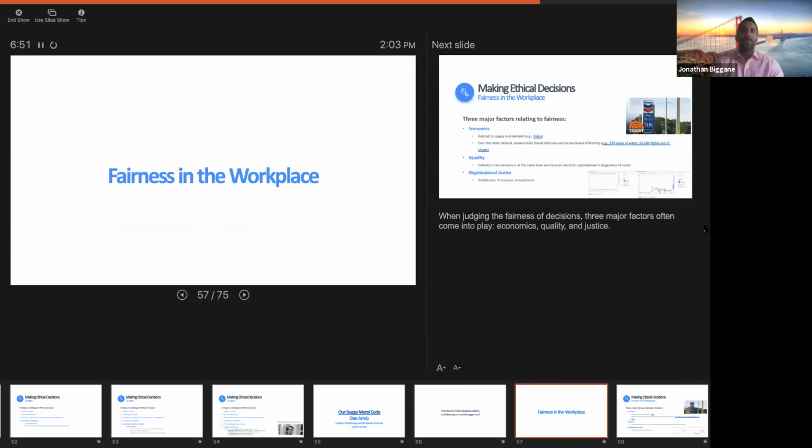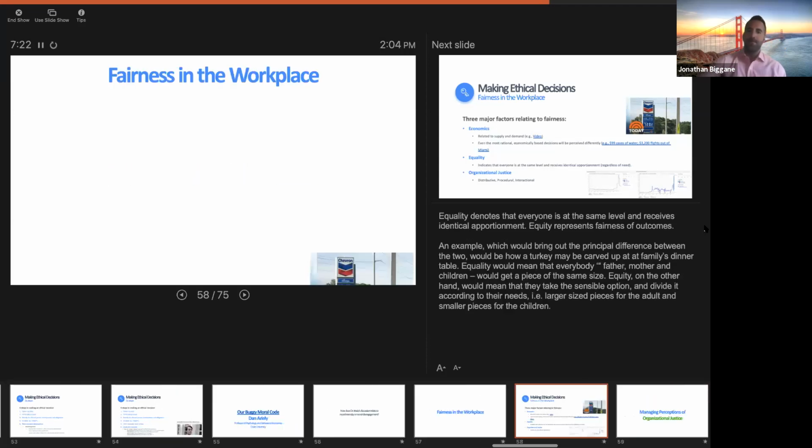But I want to leave with talking about fairness in the workplace. So, we've talked about ethics, how bad we determine an act to be, how that's formulated. We've talked about how we morally disengage in situations, how good people do bad things. We've come up with a systematic framework to walk through when we're trying to make ethical decisions. And now what I want to talk about is some aspects to improve ethical decision-making and fairness in the workplace.